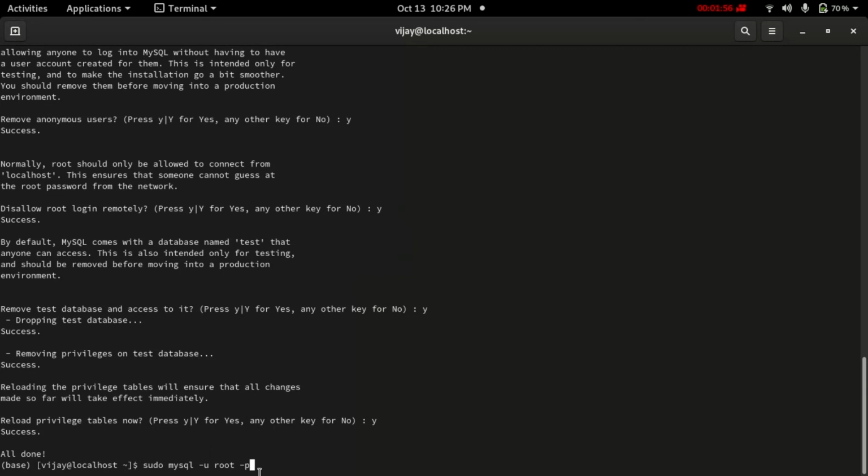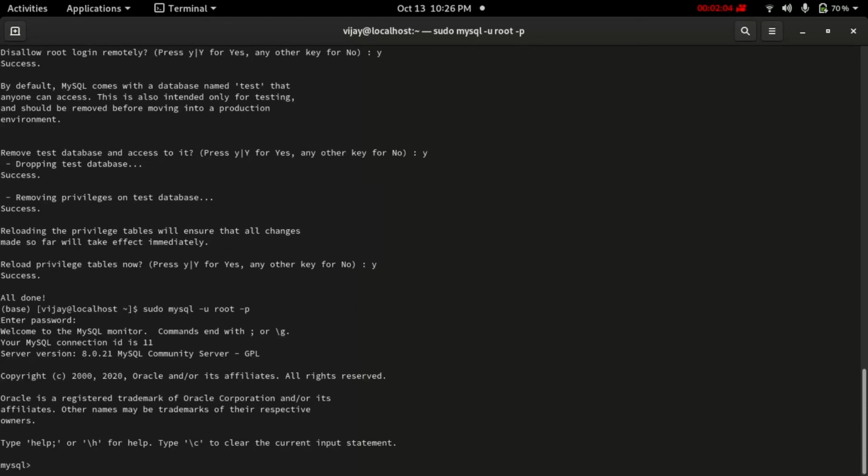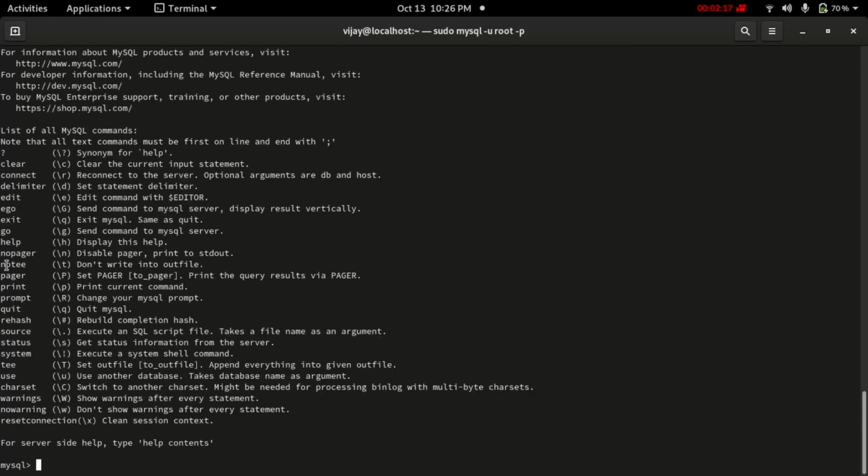Okay, so just press enter here. So it is asking for the password, so whatever password we have made, we will enter that password. And you can see here MySQL is coming. So for MySQL help, you can use \h. So when you press enter, it will say how you can get help from MySQL.